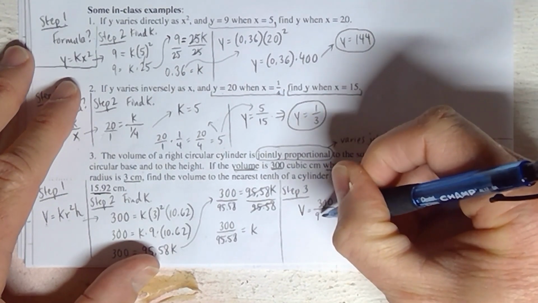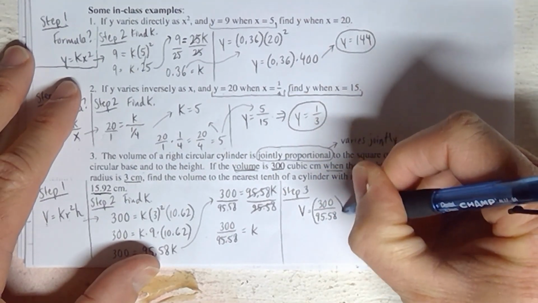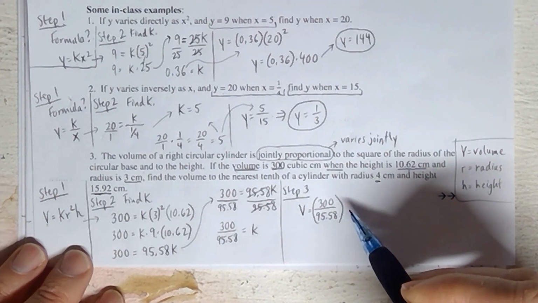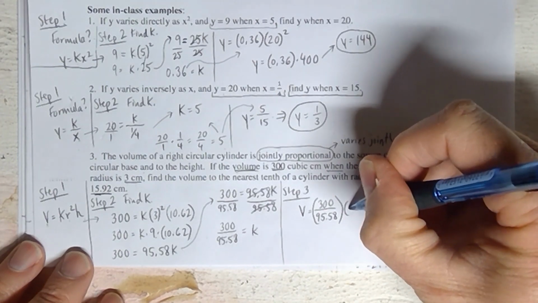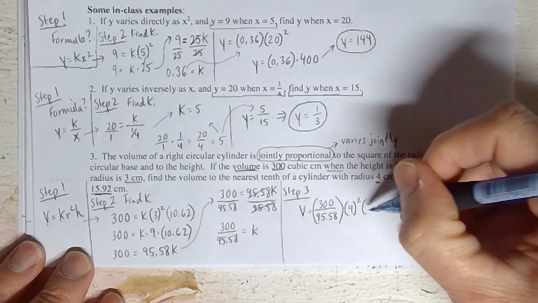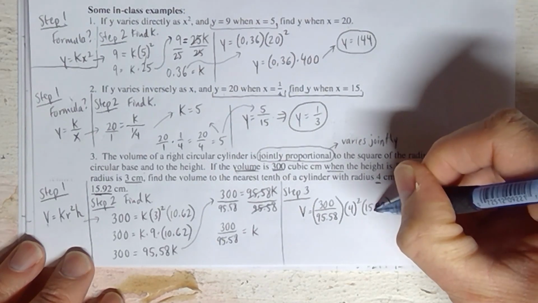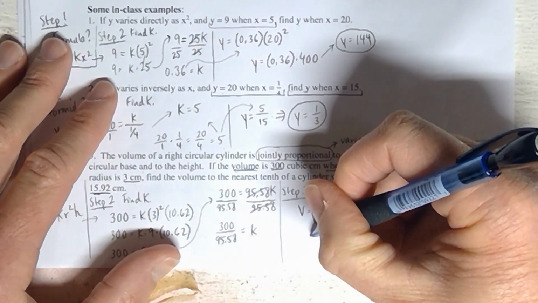There it is, as it's in fraction form like we talked about. Keep it that way. And then plug in the R that they gave you, which is 4. Don't forget that that's being squared right there. And then the H, plug that in. And then if you do the calculator work on this,